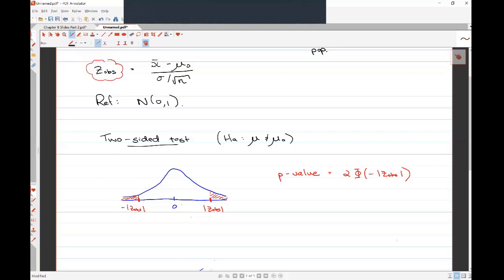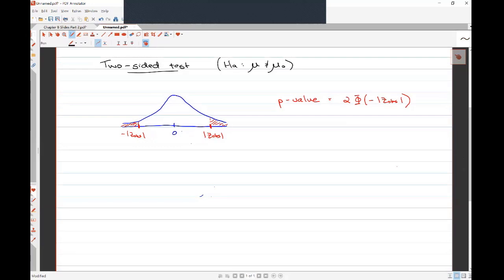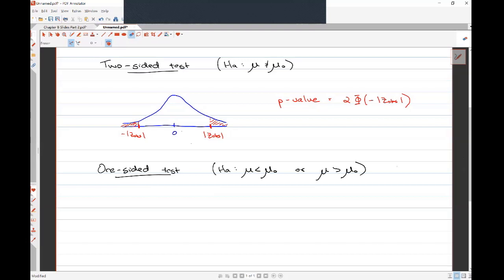Alternatively, if you are doing a one-sided test, in other words, your alternative is of the form either mu is less than mu naught or mu is greater than mu naught, now you have to be a little bit more careful, because now you only want to evaluate the area under your normal curve on one side of the curve. So